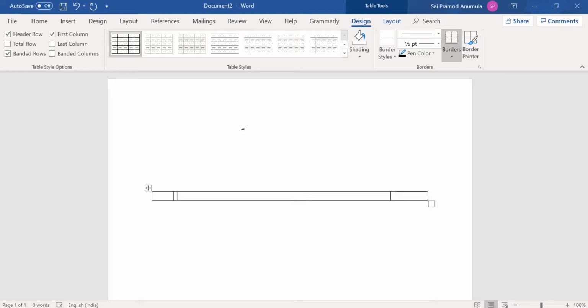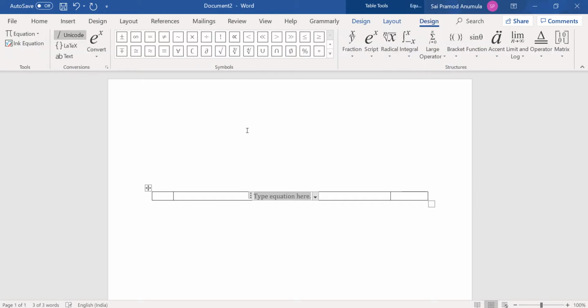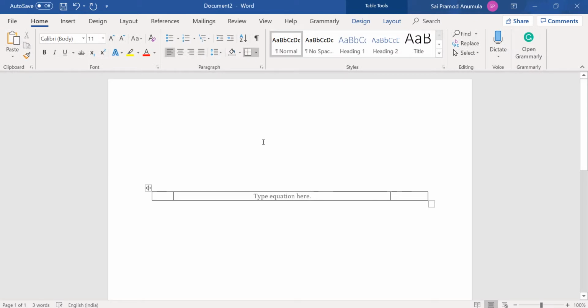So here give your equation, press Alt plus equal as a shortcut. It will prompt you to type an equation there, so leave it as it is, and here you want your equation number. Before writing the equation number, suppose this comes under a chapter, you want to include the chapter number. Say if it comes in chapter 1, you want to add it as 1.1. So what we'll do is, let me create a chapter before that.